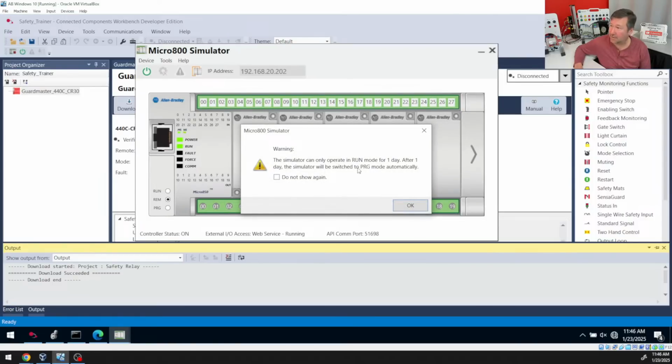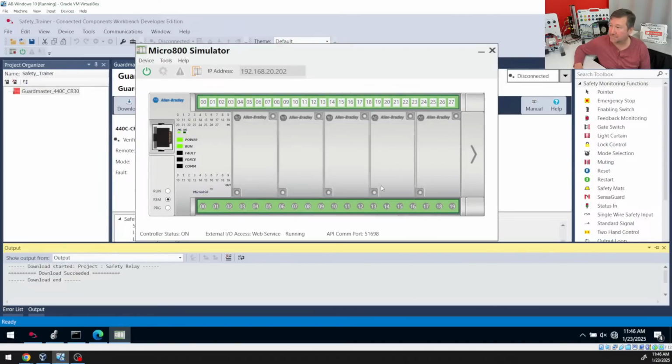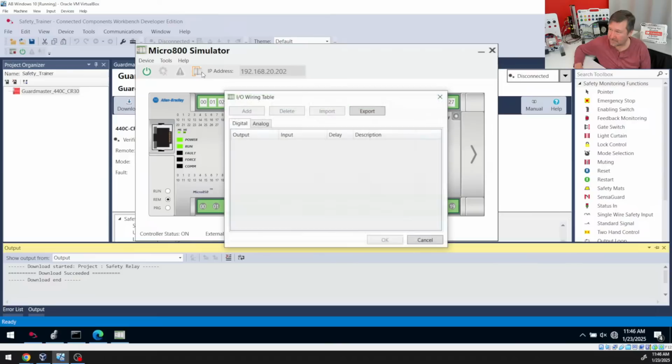And it's going to warn you that it can only run for a day. And yeah, so you can just click right here and you can turn your inputs on. If you had a program in it, you could see them turn off. I think you can actually put plugin modules in it. I don't know. I don't get excited about simulators, mainly because,